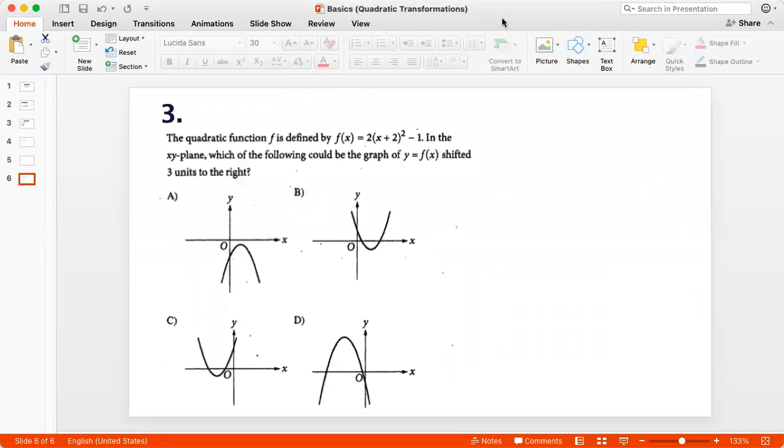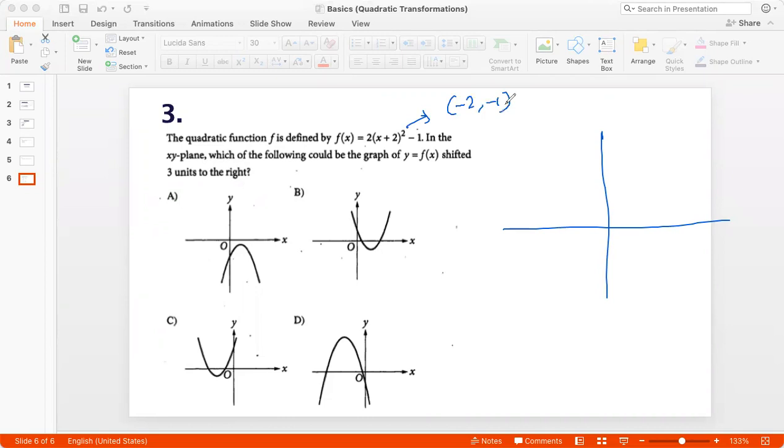Okay, let's do one more. The quadratic function f(x) is defined by f(x) is equal to 2 times (x plus 2) whole squared minus 1. So I know that the vertex is (negative 2, negative 1), because this is the vertex form. This is my vertex, and let's say my parabola will look like this. In the xy plane, which of the following could be the graph of y is equal to f(x) shifted 3 units to the right? 3 units to the right would mean that my parabola would come here